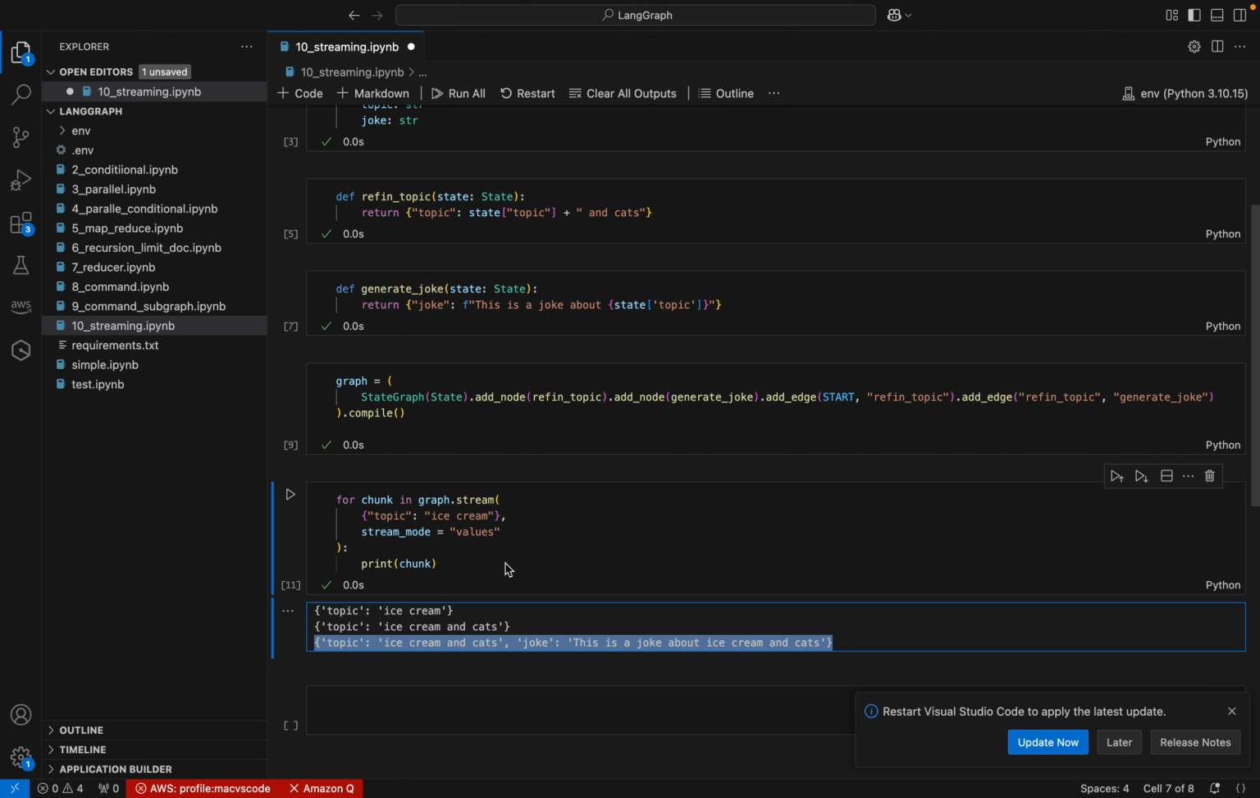Okay, so this means we are going to our first node, that is the refine topic. So the refine topic will take the state, then it will add the cat. So that is why we are getting the ice cream and cats. Then the last one is the ice cream and cat. Okay, so we already saved that into the state. Then we are updating the joke. Okay, so here we can see each time when we update the state, we are getting